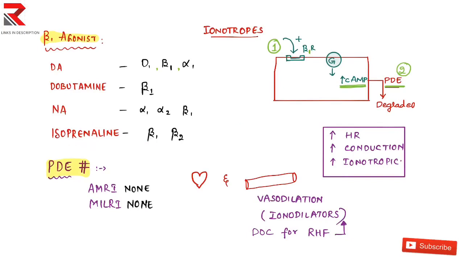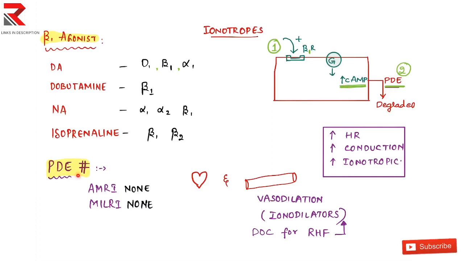Isoprenaline stimulates beta-1 and beta-2. So each of these drugs has its stimulation activity, but if you want to stimulate only beta-1 we use dobutamine, and if you want to stimulate other receptors also we use other kinds of drugs. So only selective beta-1 is dobutamine. Okay, so you got your friend, and now you want to kill your enemy in order to save your friend.